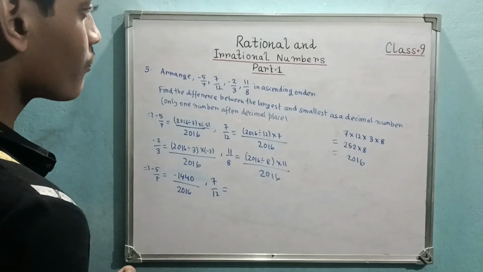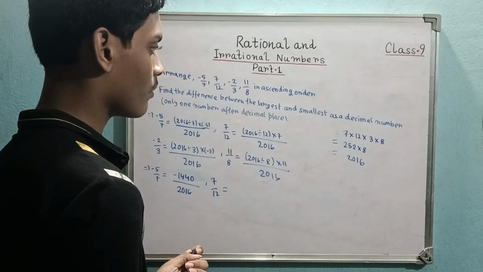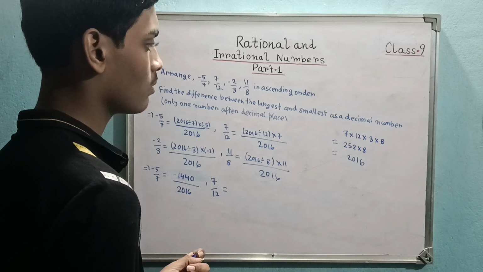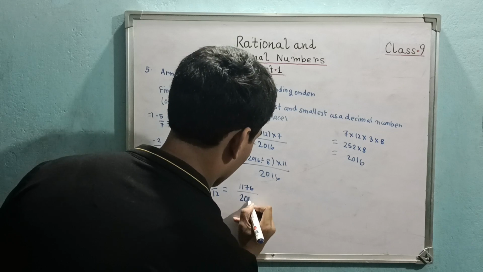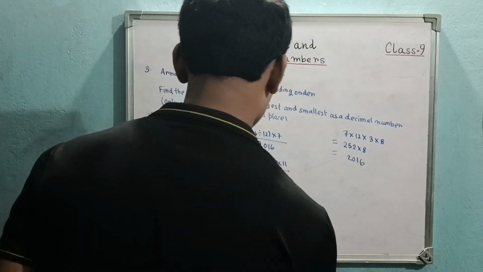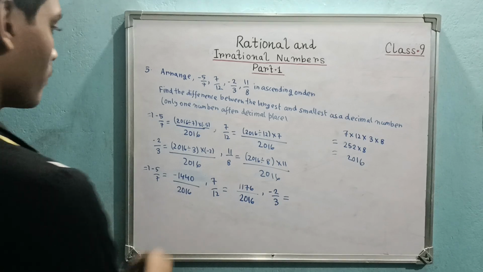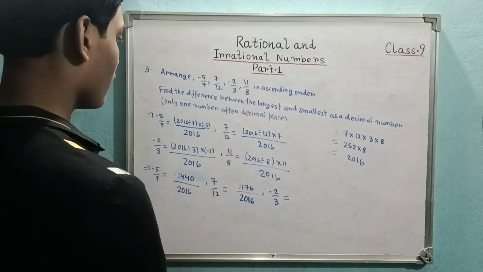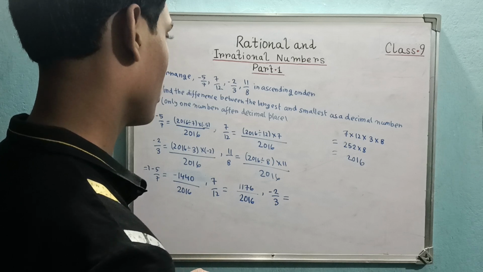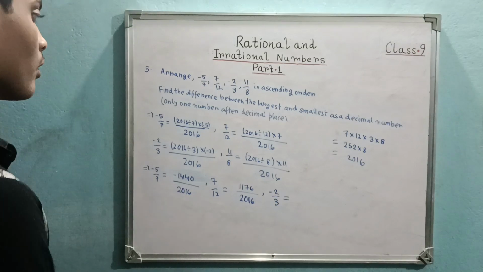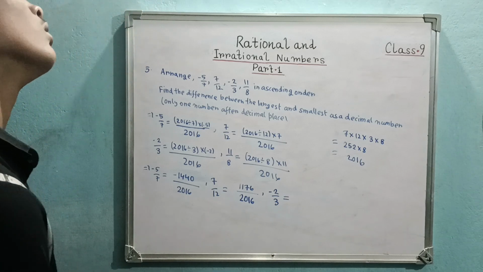So 168 into 7 is equal to 1176, I think. Let me just check. 168 into 7. Yeah, 1176 by 2016. You know, big calculation. Okay, so we have to be careful while doing. Again, minus 2 by 3 is what? 2016 by 3 is 672. So 672 into minus 2 is equal to minus 1344. Yes, minus 1344